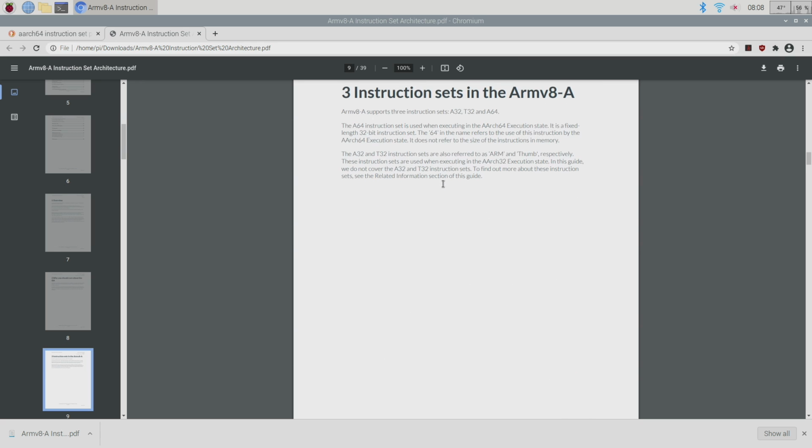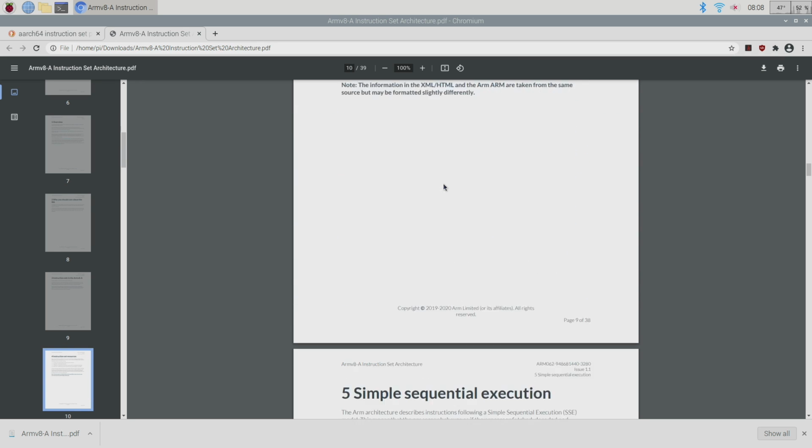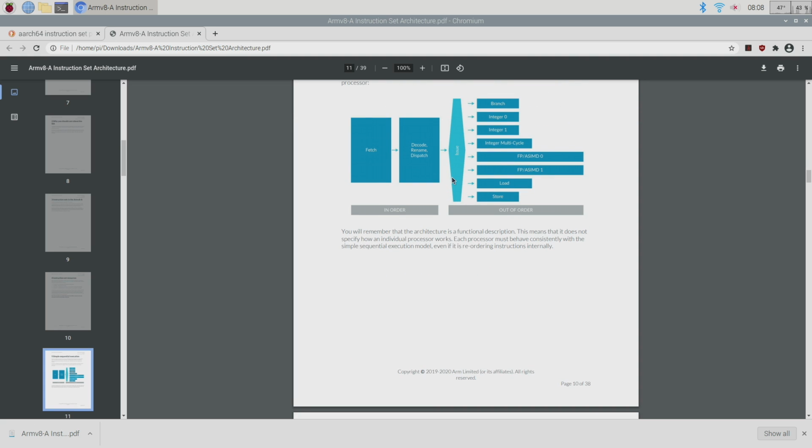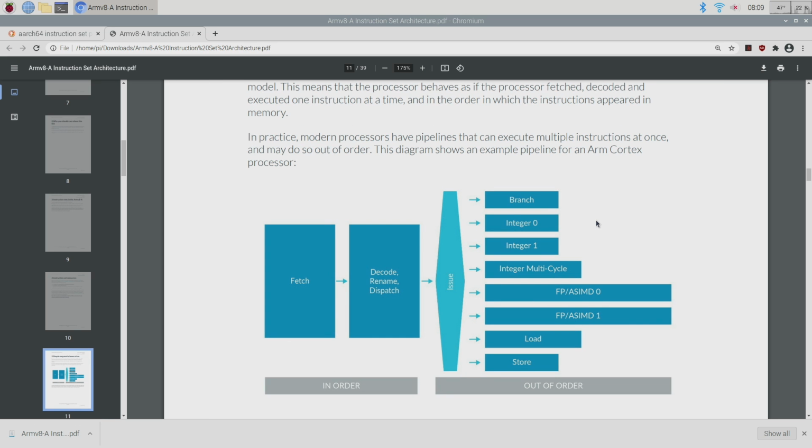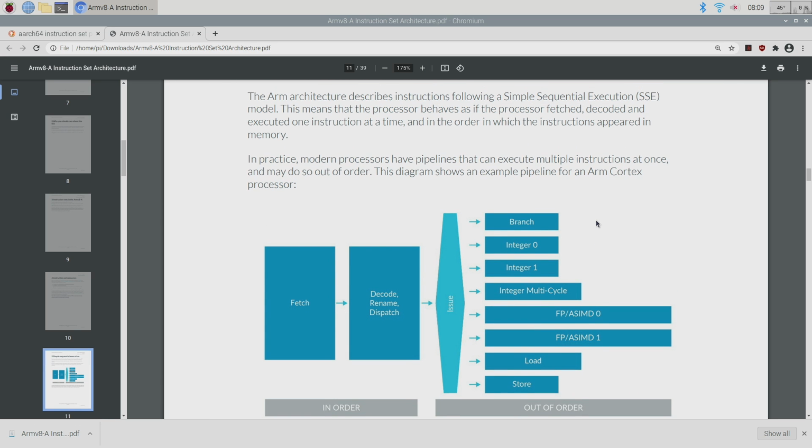Okay, so I'll post this up to Canvas, or a link to it, because it's kind of handy. A couple things about execution, right? As far as we're concerned, the way we've been thinking about each of these instructions is that they're done sequentially. It fetches an instruction, decodes it, executes it. It's also fetching the next instruction, decoding it, executing, and so on. That's kind of true, but not entirely, because